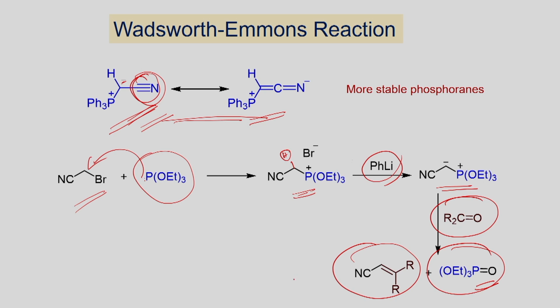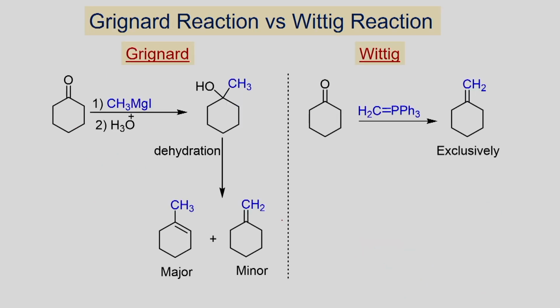In the previous case you have to do the column to remove the triphenylphosphine oxide. The advantage here is that this can be easily removed, and this is also stable, you can isolate it and keep it. In this way, it can be used for both aldehyde and ketone, which can be readily coupled to give the corresponding alkenes as the product. If you compare the formation of alkene from aldehyde and ketone, and look at the traditional method,